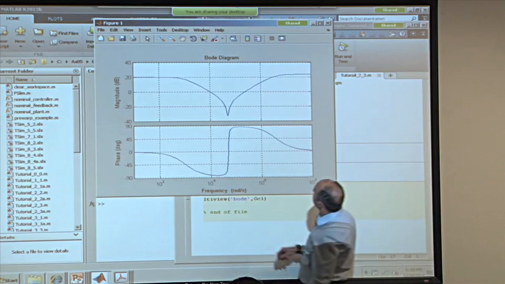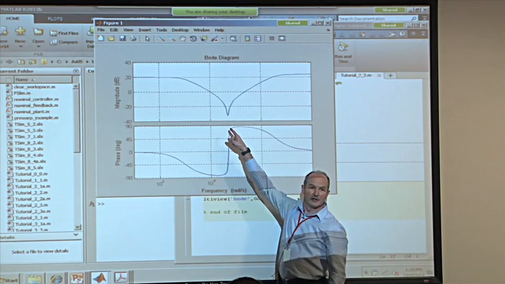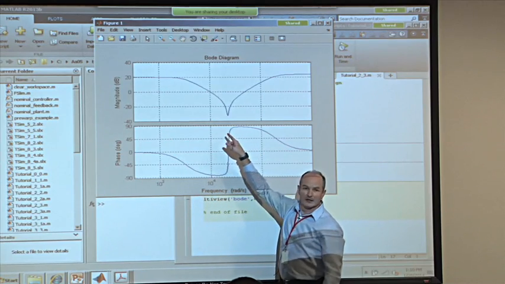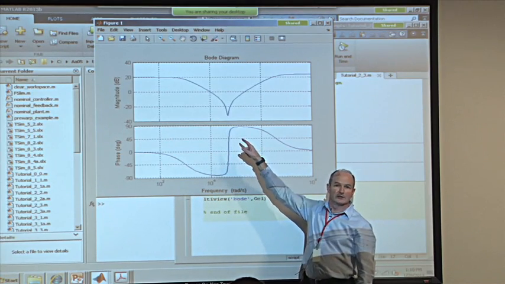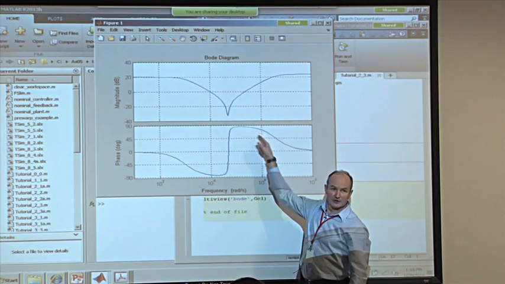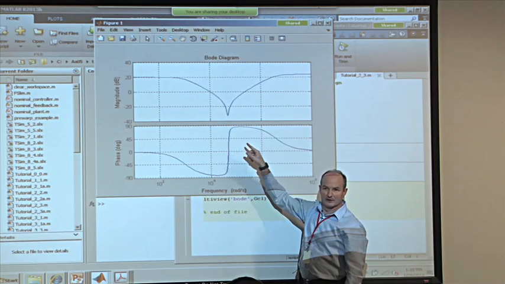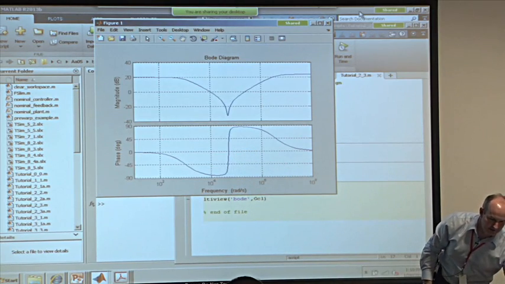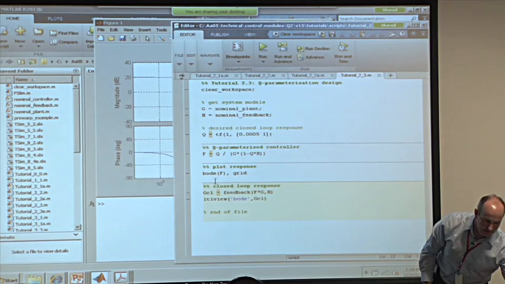Okay, it's got a trough in it where we had a peak in the open loop transfer function, and the phase transition from 0 to minus 180 degrees, that has to be compensated for in the controller by a phase transition the other way, right? This is F designed using the Q parameterization method. Now, what I can do is to